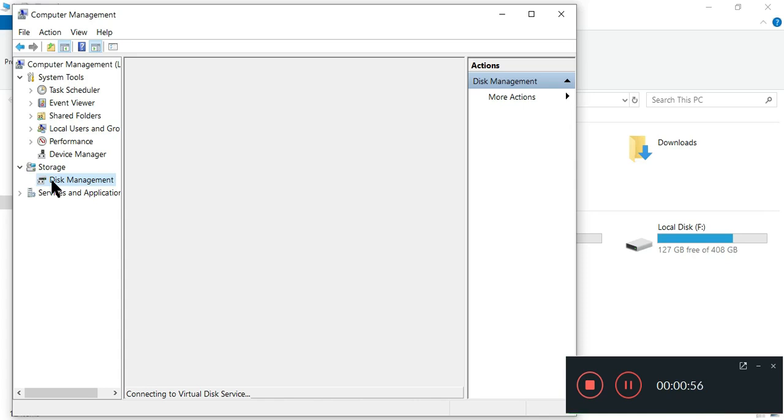It may take a bit longer to open because it's collecting all the data about all the drives connected to your PC: USB drives, hard disks, SSD, everything that is connected. So we need to wait.